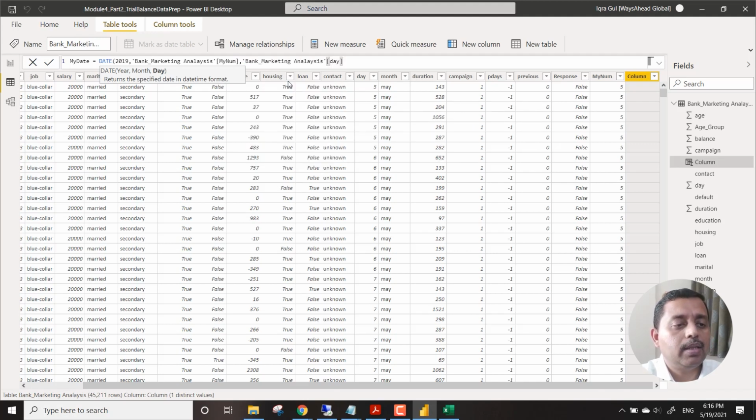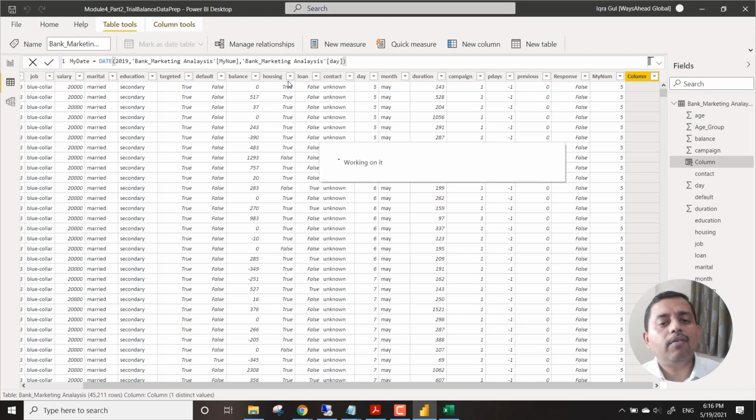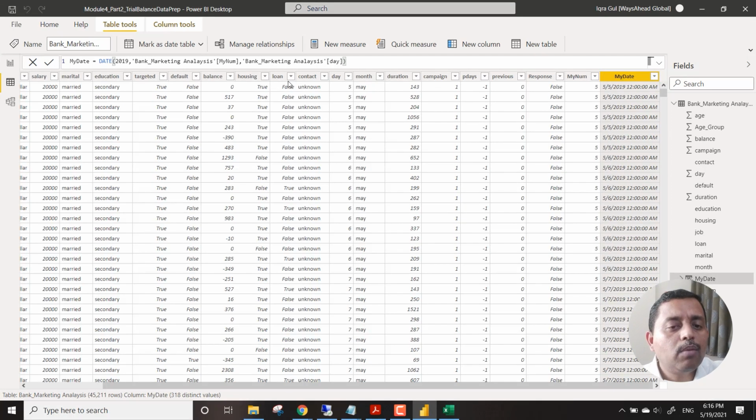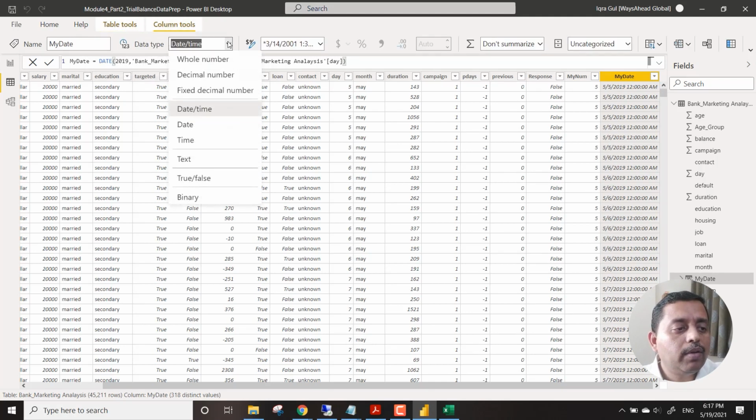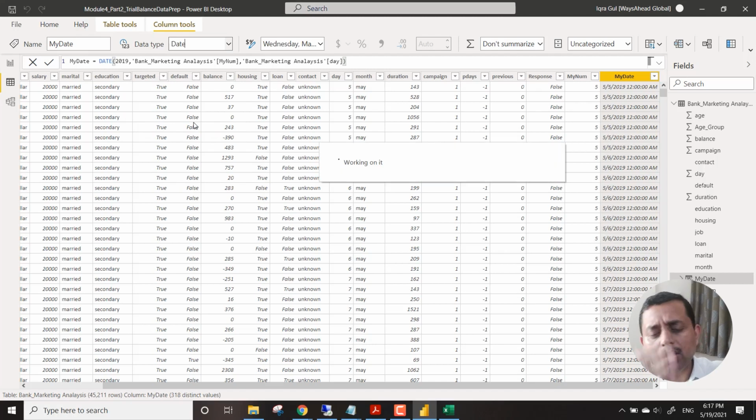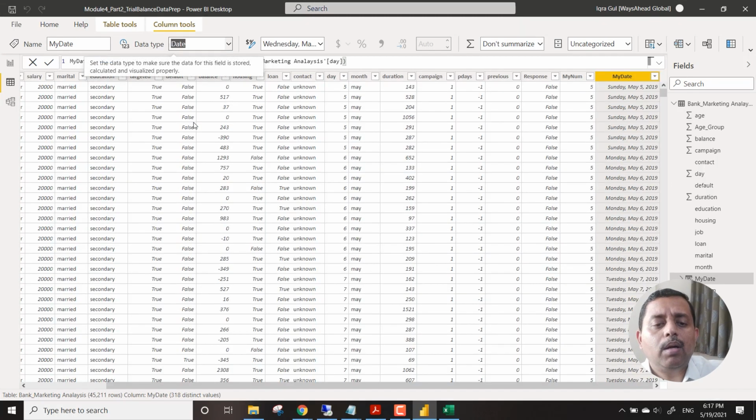So the day is there. If we press enter, it should pick up the day. So it has picked up the day. The only thing we need to do is go to column, and instead of date time, we make it a date, because time we have not worked with. And you can see immediately it has given me all the days, and it has picked up the date time, the day of the week as well.